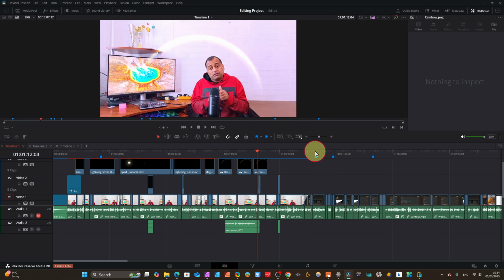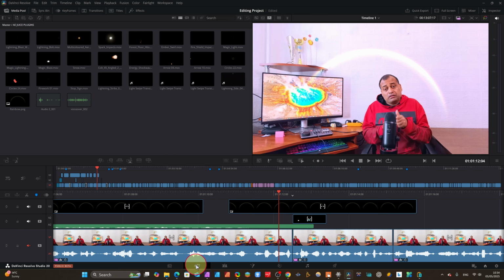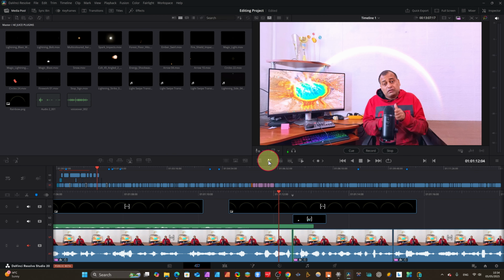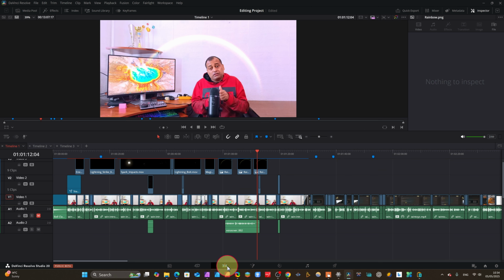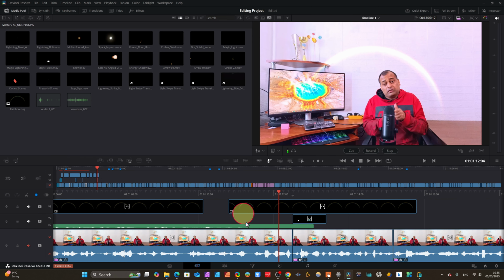The third feature is also related to this voiceover feature. Now this feature is also available on our cut page. Now just come here, you see here cut page, click here, come here, you see here. Actually this is the voiceover feature. Once you click here, all the settings will appear here. Here in the cut page, it's a little bit different from the edit page. We are in the edit page here. We have voiceover here, you see. In the cut page,